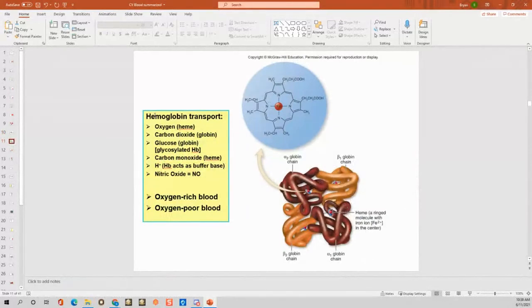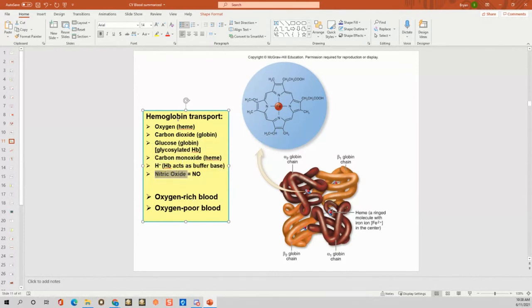What is this hemoglobin good for? It's good for transport. It's a transport protein. It's a carrier protein. It helps carry things through the bloodstream. So what is it helping to carry? Well, it depends on what part of the hemoglobin we're talking about. The heme portion or the alpha beta chains, which are called globins, but globin is how I was taught. All right. Oxygen, carbon dioxide, glucose, carbon monoxide, egads, very poisonous, hydrogens, nitric oxide, all of these can be carried by the hemoglobin,